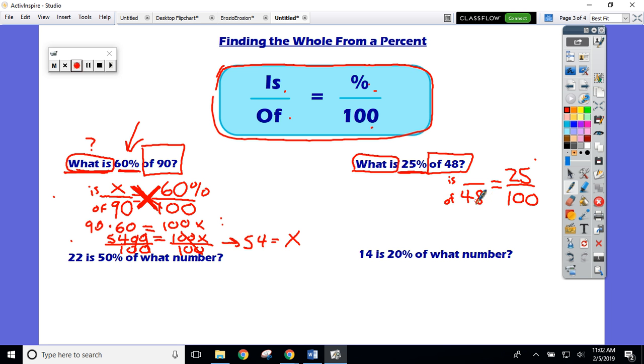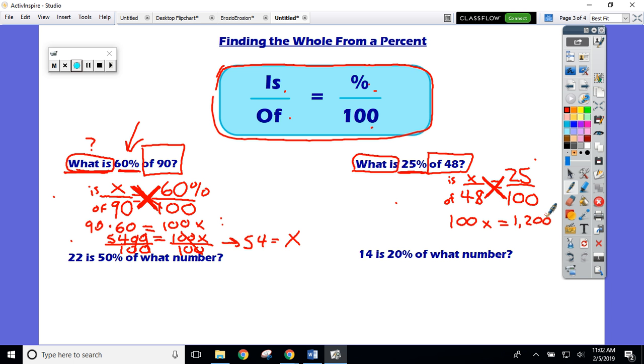So that's the 48. It's in the of section. What is? I don't know what the is. So let me put an x. 100 times x will be equal to 48 times 25. And 48 times 25 is